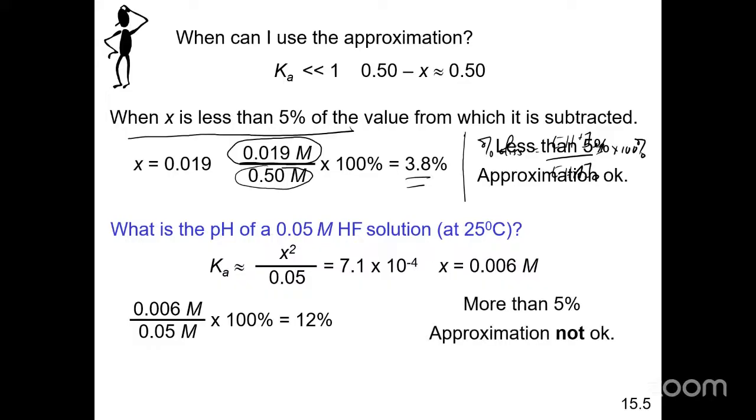So what does that mean? That means that the approximation that you made earlier would not be okay. And therefore, you'd have to go a longer route in terms of solving for x. So we're going to get into another example where I'm going to show you exactly how that is done, all right? Okay,